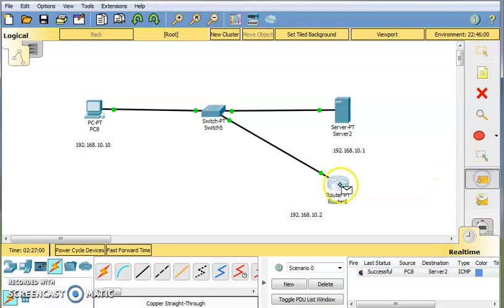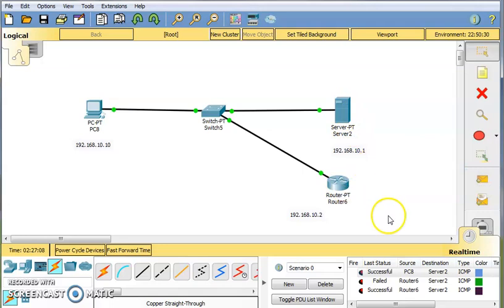Let's check the connectivity between this router and the server. Now it failed. Now it is successful. Now we will store a backup of these configurations in this server.